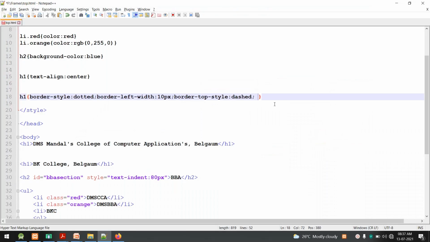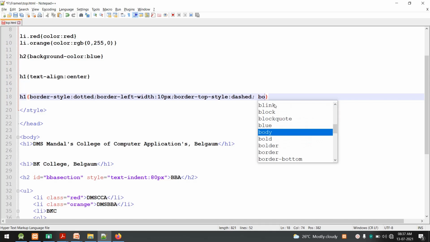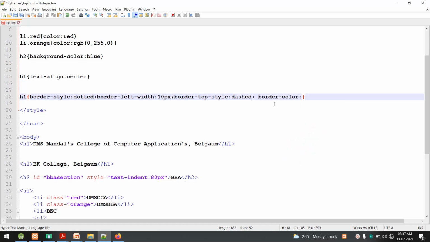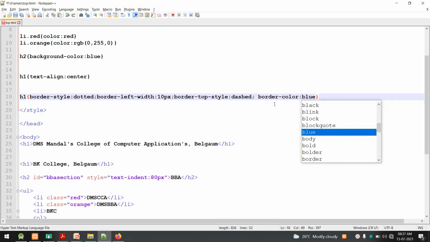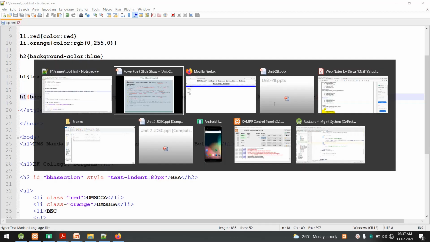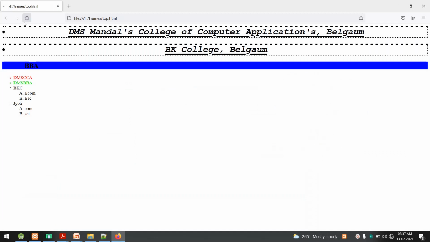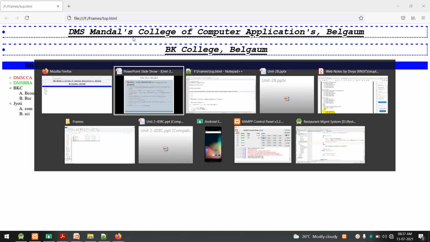For example, if I say border dash color blue, the border will be displayed in a blue color. Now you can see the border is displayed in blue color. Individual border color can be set in the same way as we did for border style and width.